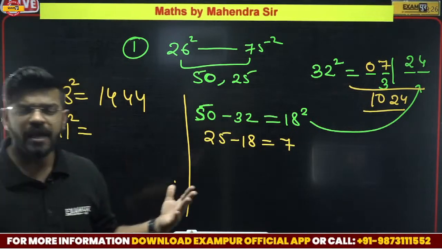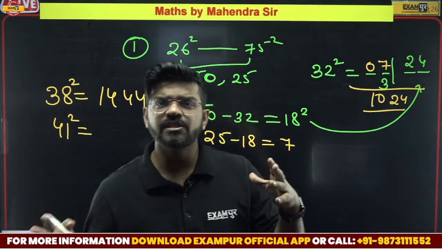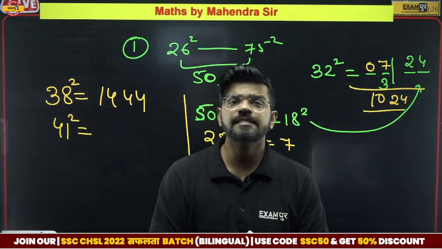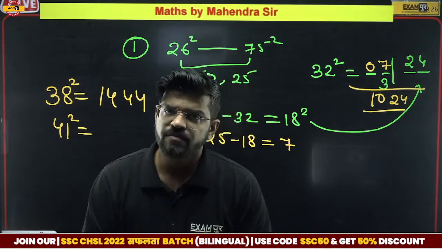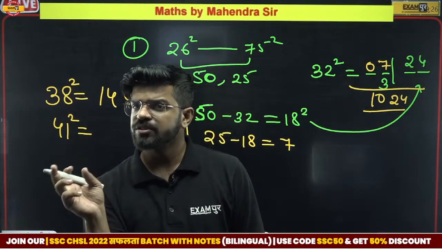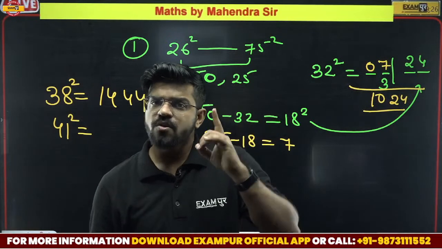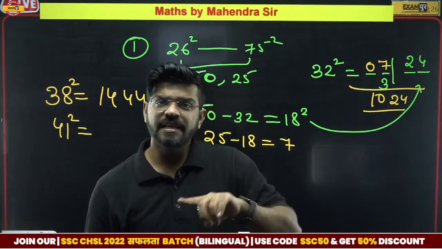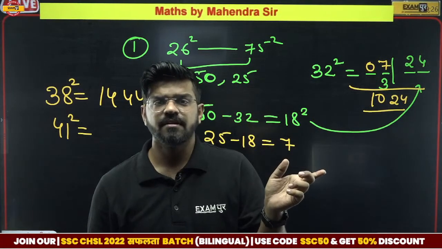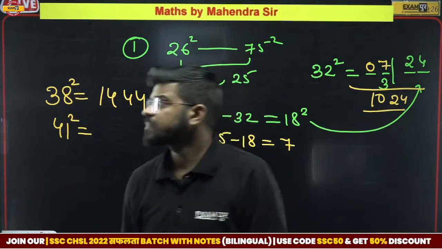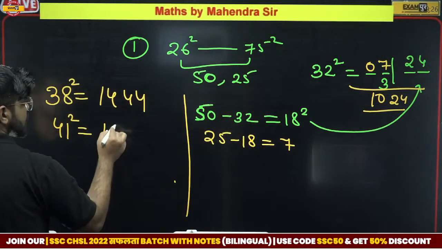41 square. So we have to first see how much less 41 is than 50. Okay, the difference is 9. So we should know 9 square. 9 square is 81, so 81 is my last two digits. So no carry is there. Now 9 should be subtracted from 25. If we subtract 10, there will be 15. We are subtracting 9, that means there will be one more, that means 16. Okay, so 1681 will be my